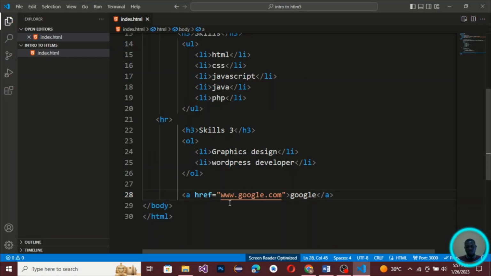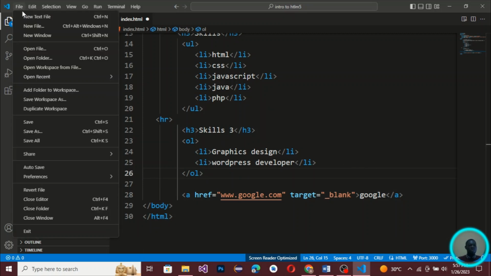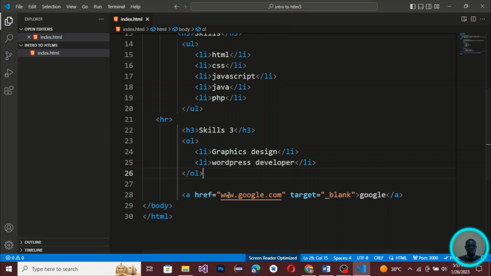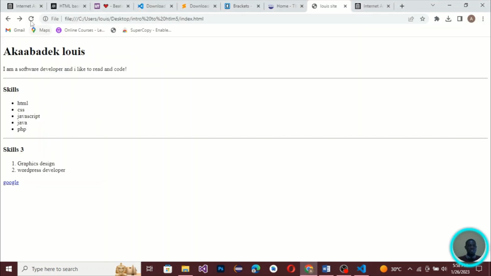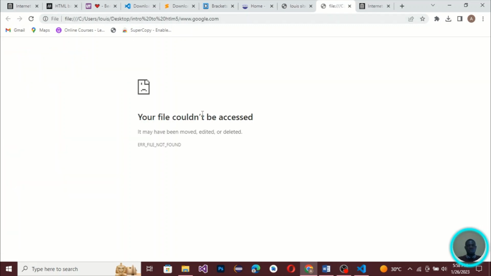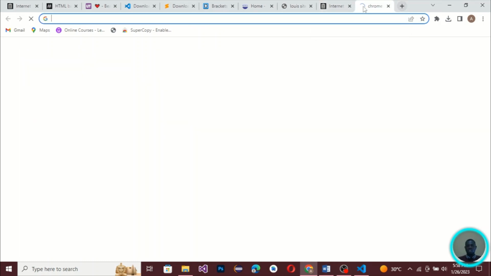So this is www.google.com. Inside here you can add a target. You can add a target underscore blank, so it will open a new tab on the web. So let's save it again, refresh it, and click on it. Okay, your file could not be accessed. So let's see,